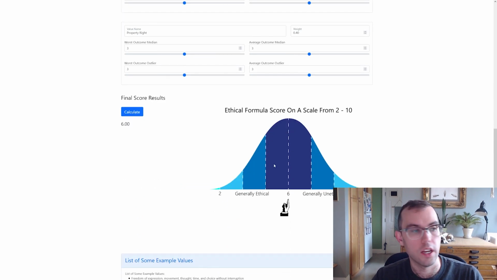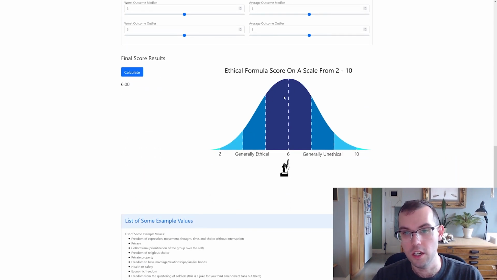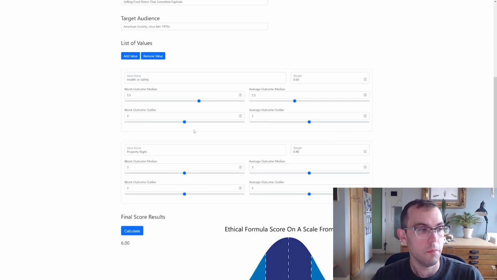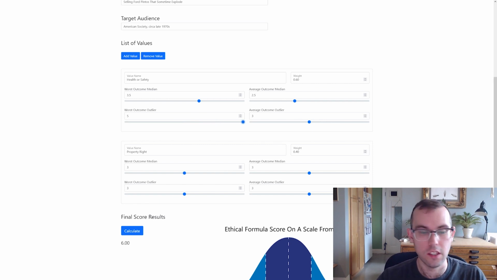So our outliers are, if we look at our distribution, median is going to be right in the middle there, right? That's the average middle situation or person. The outliers are going to be at the extremes, right? So in the extreme case of the Ford Pinto, when it was hit in just the right place, it would explode again in a fiery ball of flame. So the worst outcome for the outlier person is the worst, 5. Really terrible, really, really bad outcome, okay? And the fact that it's really bad is important, all right? And then we have, okay, the average outcome outlier.